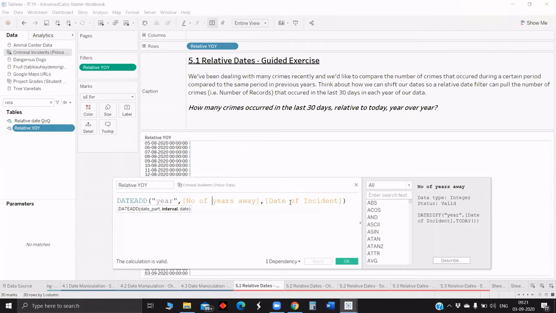So what we are trying to do here is, first, number of years away. Using this, we have calculated the difference in number of years with respect to today, and with that we are adding it by using the DATEADD function. So basically we are trying to manipulate dates and bring all the dates of incident to the current year. This is what we are doing, and we are filtering using the last 30 days relative date filter option.